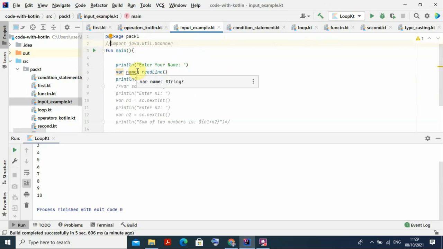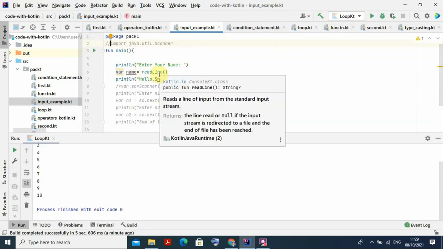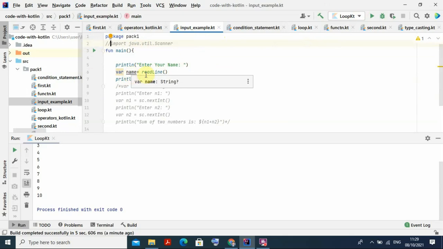To read that, you have to use this method that is called readLine, and I assign it to a variable. So it reads what you are entering on the keyboard. I am writing my name is Gunamani. It will read that using this readLine method. After reading, it will store it in a variable named name. Then println hello comma $name. Whatever name you give as input, the same thing will be displayed, hello Gunamani or something like that.